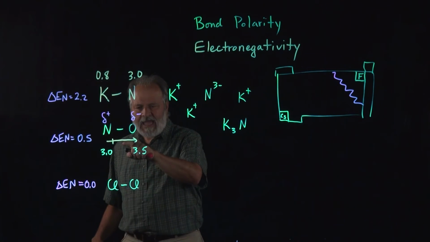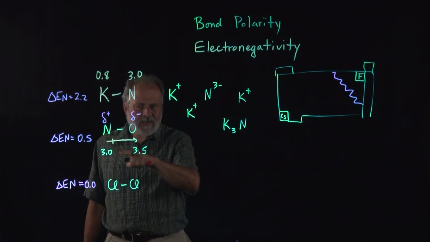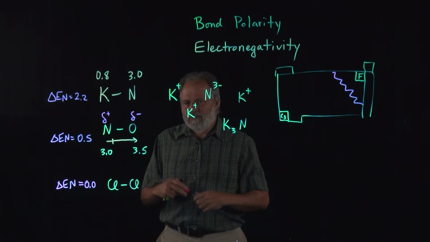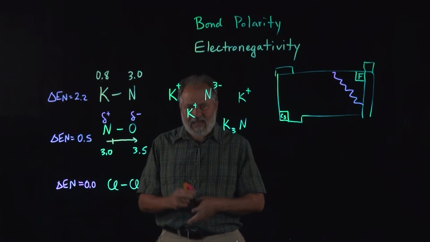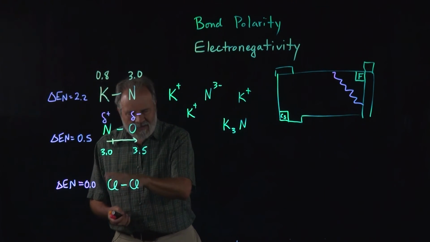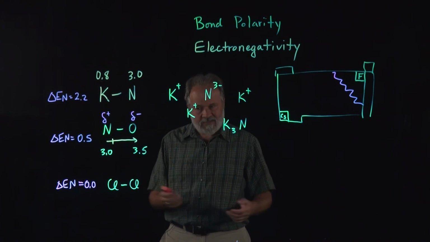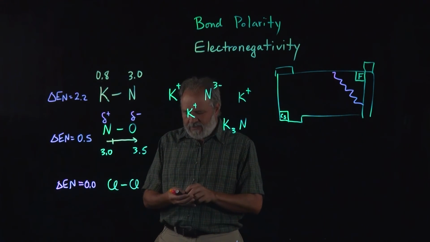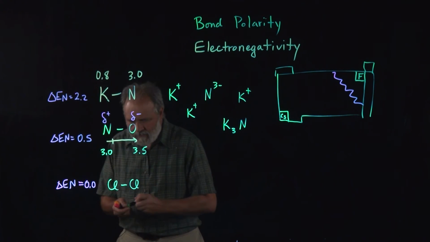When you have a polar bond, you have what's called a dipole moment. When you look at the molecule, you can see that it has a negative end and a positive end. But when you look at other molecules that don't have a negative end and a positive end, it's non-polar. And then finally, one more example. HCl,